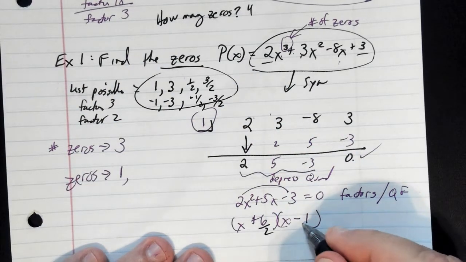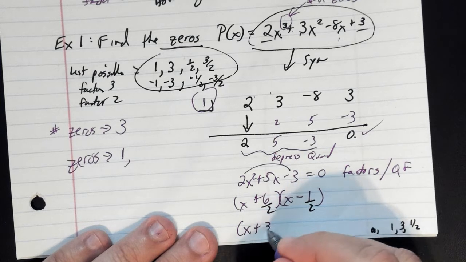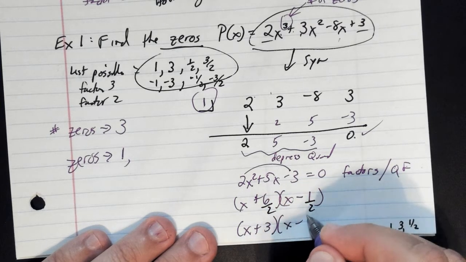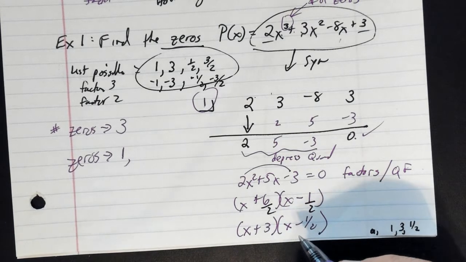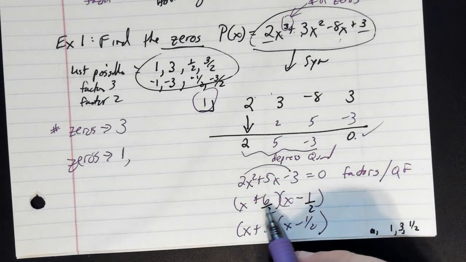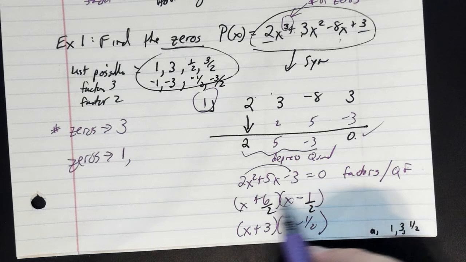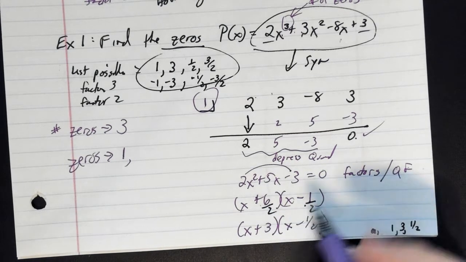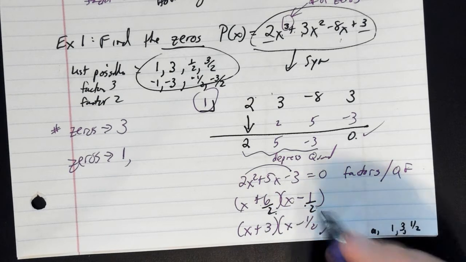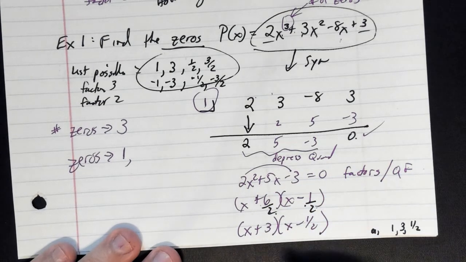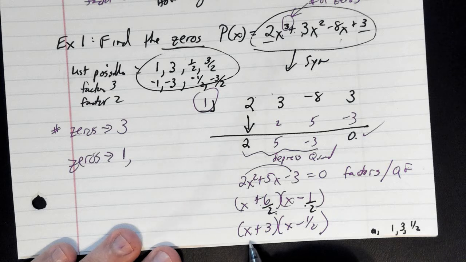Put a 2 under that and a 2 under that, which gives me the factors x plus 3 and x minus 1/2. And now this type of factoring really is great. Remember, factors of negative 6 that add up to 5, so positive 6, -1. Put the leading coefficient here, this 2, underneath. The great thing about this is actually going to tell you